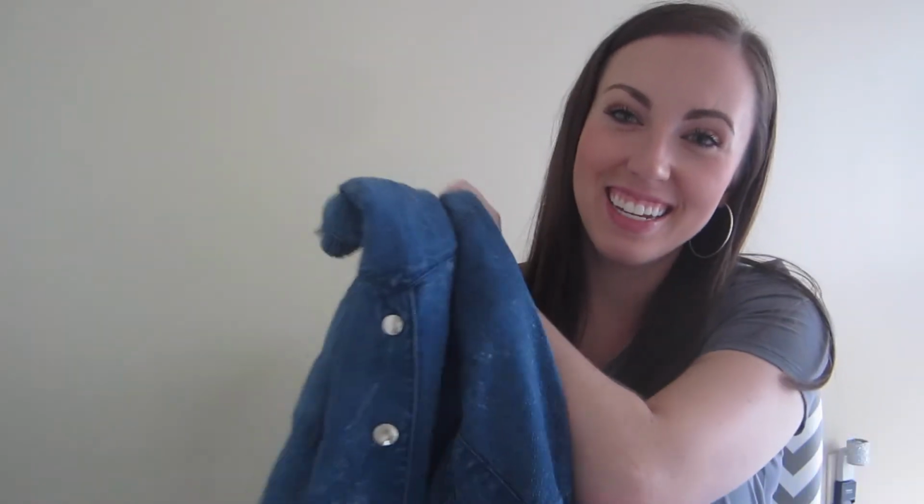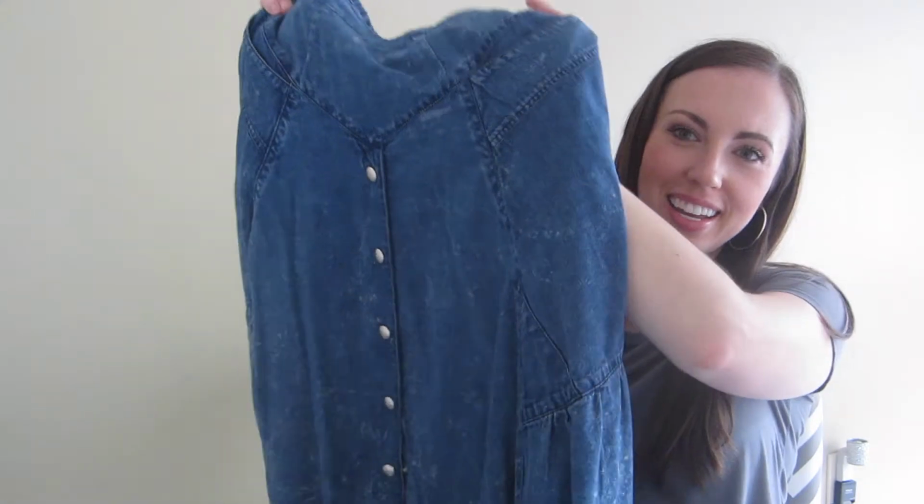I have another vintage piece. So my boyfriend saw me taking pictures of this skirt and he was like, well, what the heck is that? He just doesn't understand. He doesn't understand vintage, but it's this